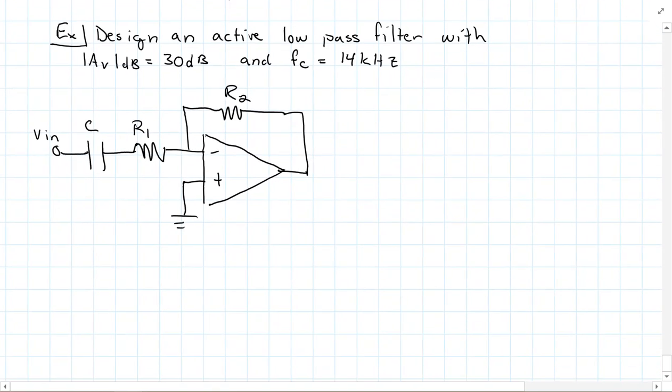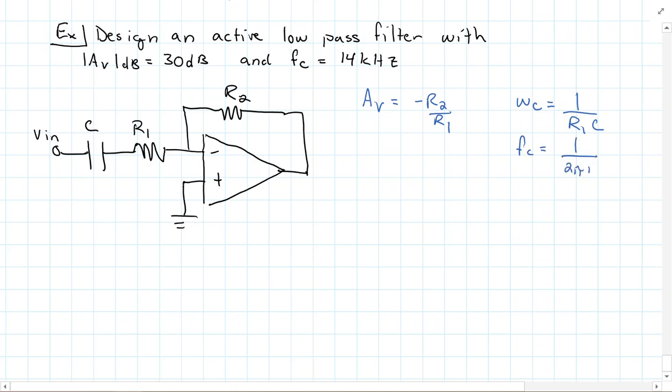Now there's three key parameters, three things we have to find. But we want to remember here that my gain is negative R2 over R1, and that my cutoff frequency is 1 over R1C,